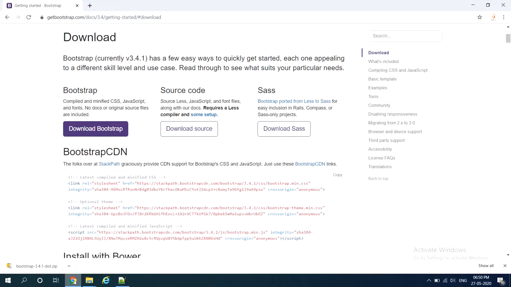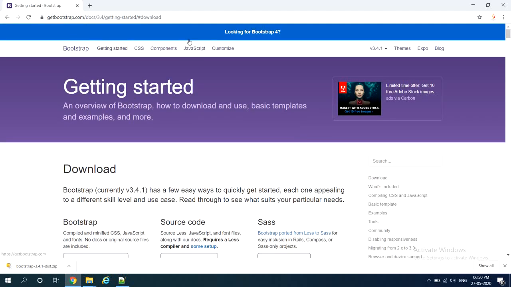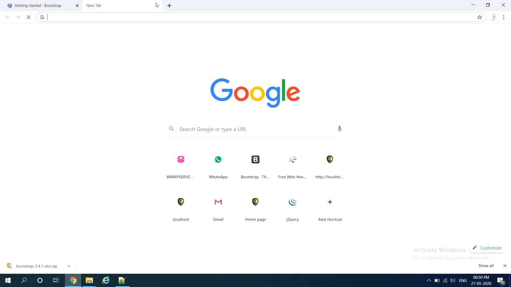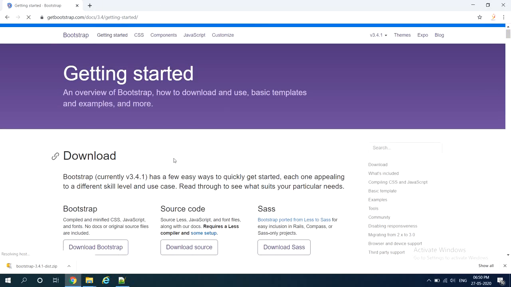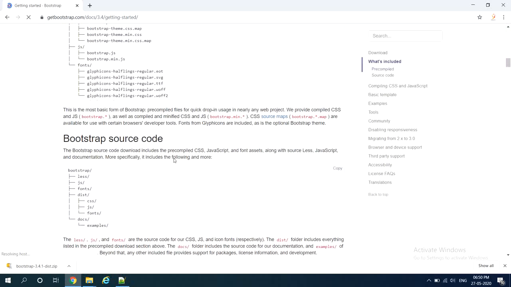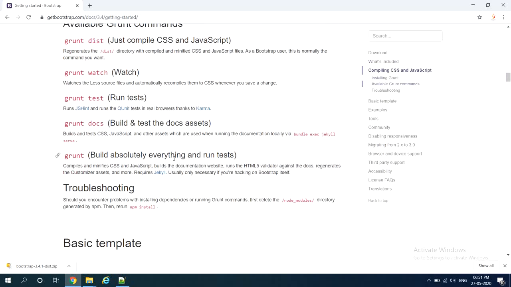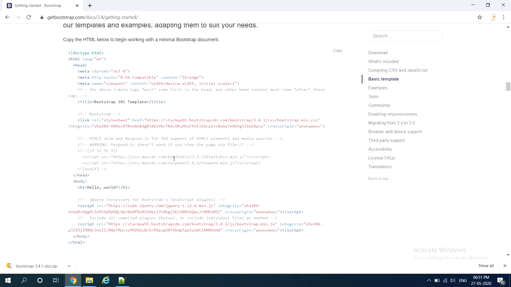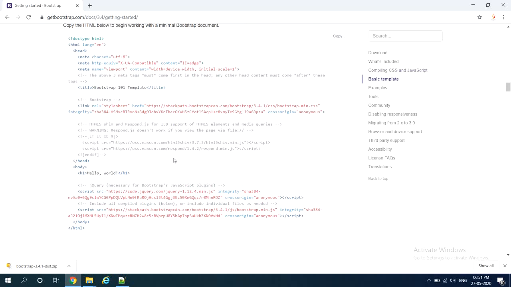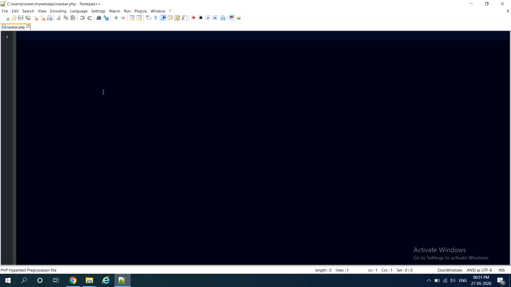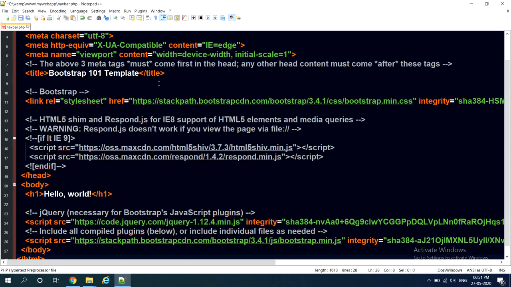Now go to the official website, that is getbootstrap.com. If you scroll up, you get to see Getting started. Select this option. If you scroll down, you arrive at the basic template. Yeah, basic template is here. They have written all the required elements. Just you need to copy and paste them. I will select all the things and paste here. For now, don't worry about what they have written. You just ignore them.